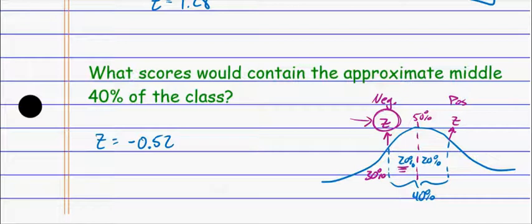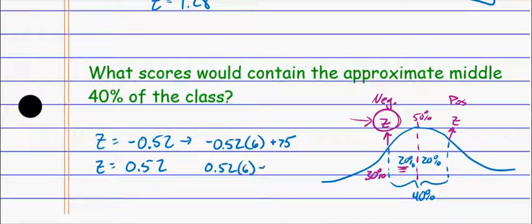And so if that lower end is a negative 0.52, it means the upper end must be at positive 0.52 because of the nature of symmetry here, okay? And again, I can convert each of these. When I convert this guy, I do negative 0.52 times the standard deviation plus the mean. And likewise here, I'm going to do 0.52 times the standard deviation plus the mean, okay? And again, this is a job for my calculator to find this upper end and lower end. So when I do the upper end, I don't know why I punched that one in first, I get 78.12. And when I do the lower end, I get a